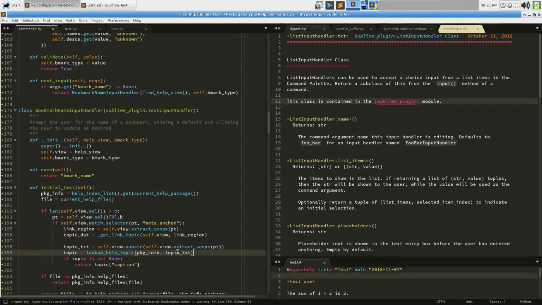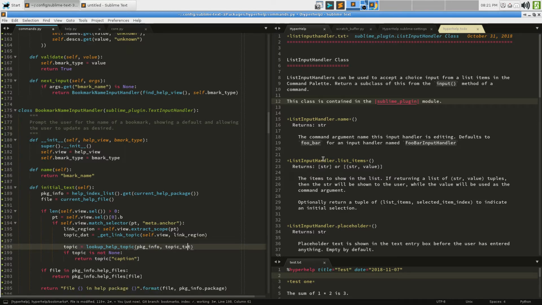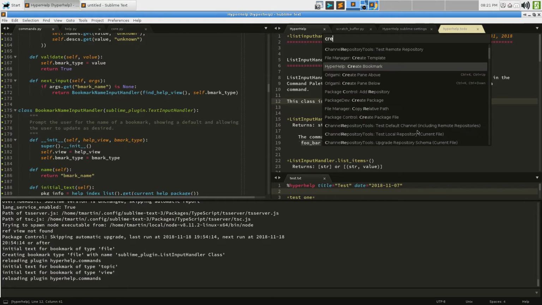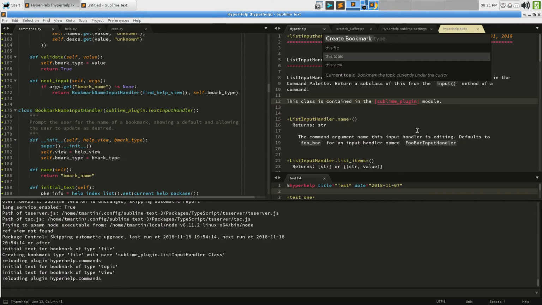So we do actually have to have more data here, because we don't want to substitute that. We don't care what the visible link is. We care what the hidden information is. And the topic can look up, and in order to figure out this, what we're going to do just quickly is type print topic dat, just so we can see what's happening there. So if I put that there and create a bookmark of this topic,